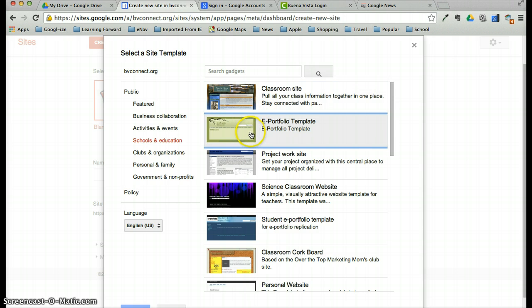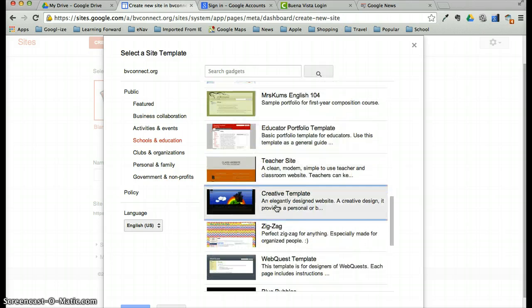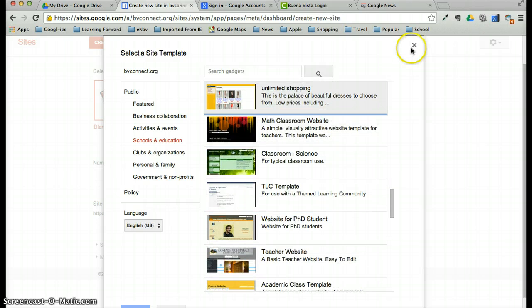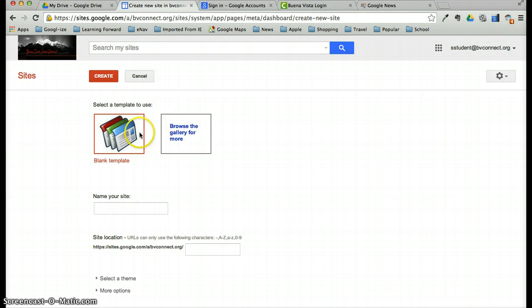Here's something for an e-portfolio if you wanted to keep track of all the work you've done in middle school, for example. A project work site. You can see this goes on and on. There are a lot of templates preloaded. For the purposes of this demonstration, I'm going to simply use a blank template, and I'm going to call this